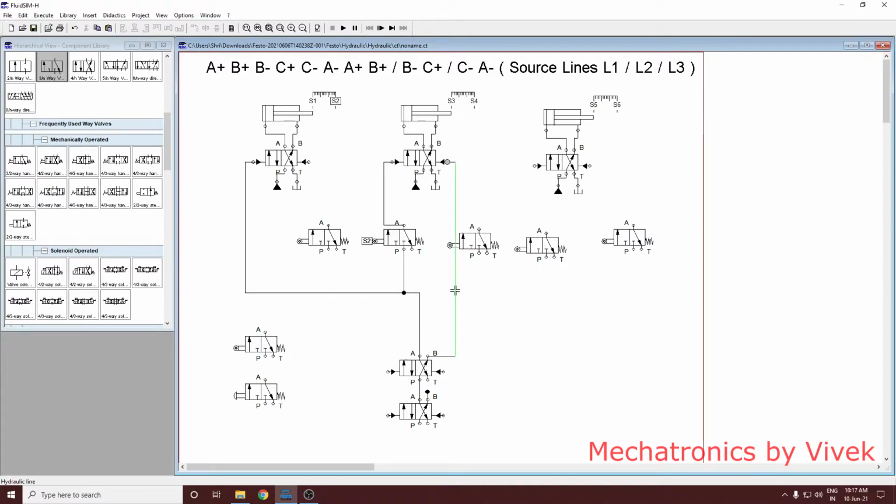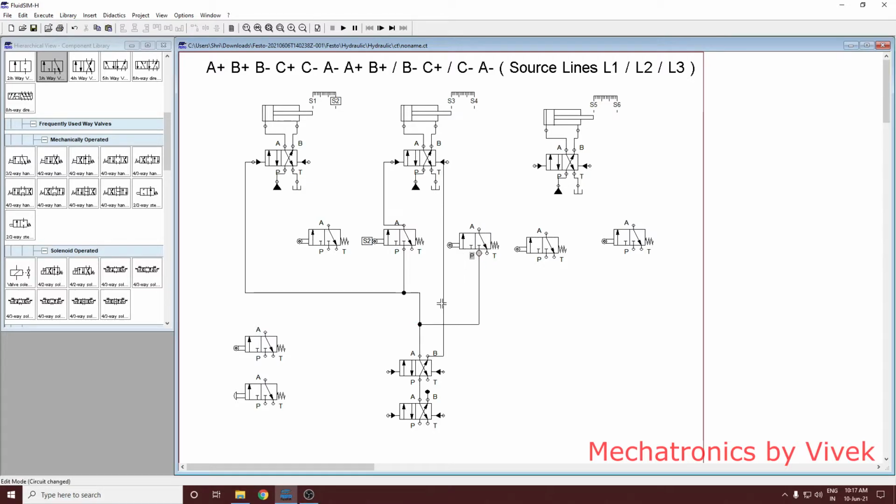Okay, now here you need a power here. There is a switch over of power from source line 1 to source line 2. That happens through this sensor.